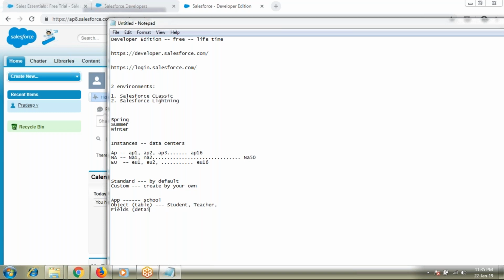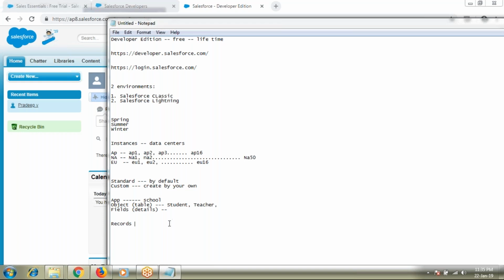Fields are nothing but the details of the table. The details of the object are nothing but your fields. Within a student we can expect student name, student roll number, class, section, all these things. And once you fill all these details, we can have